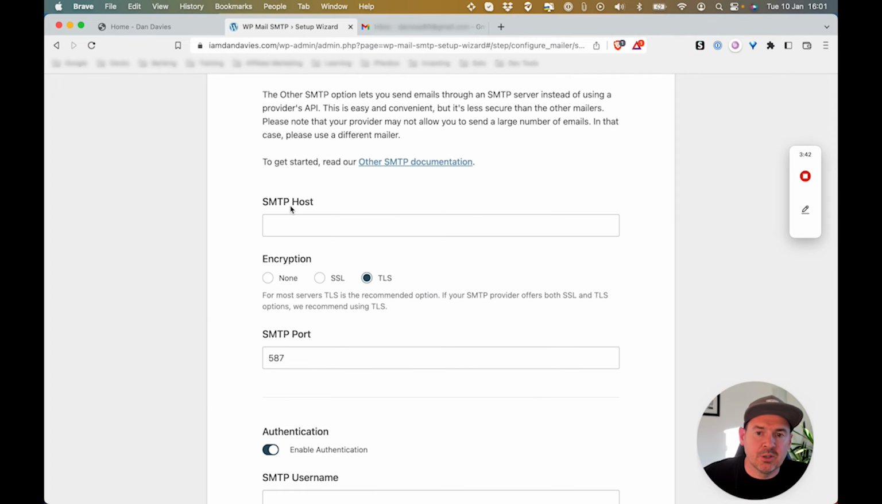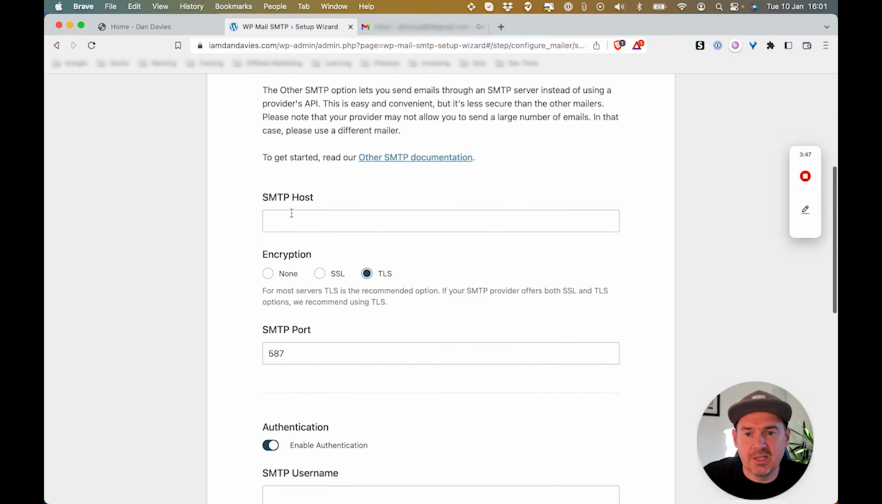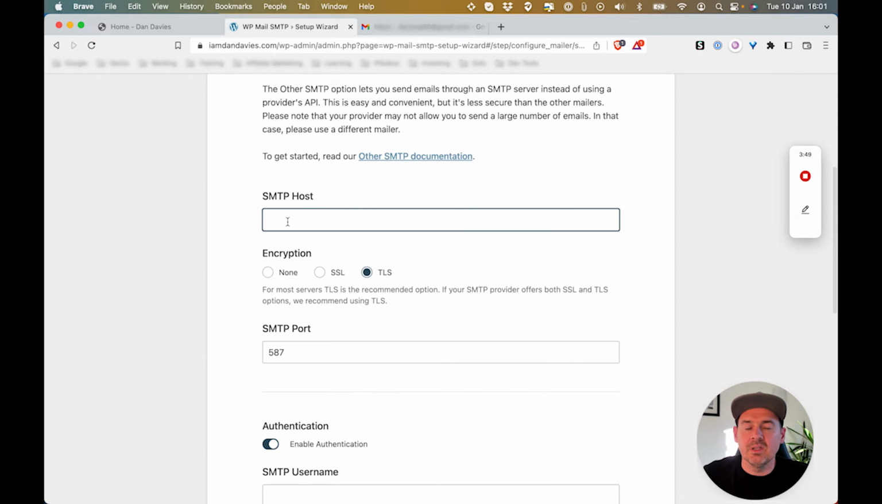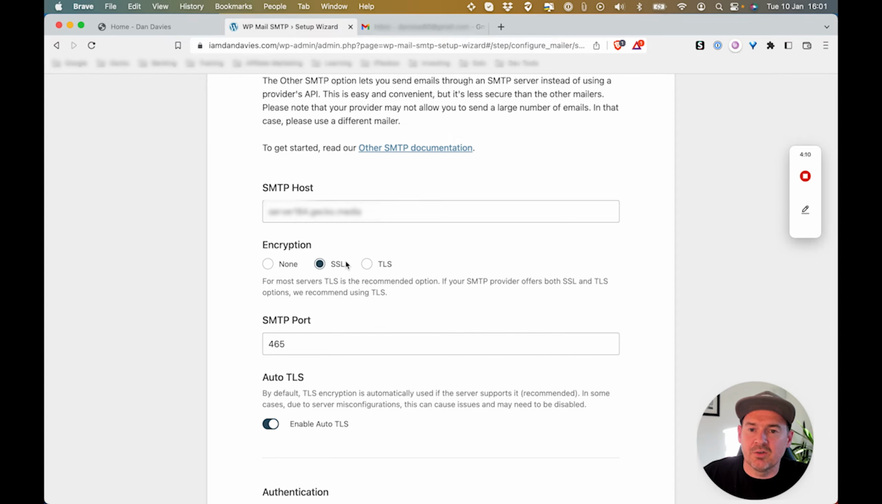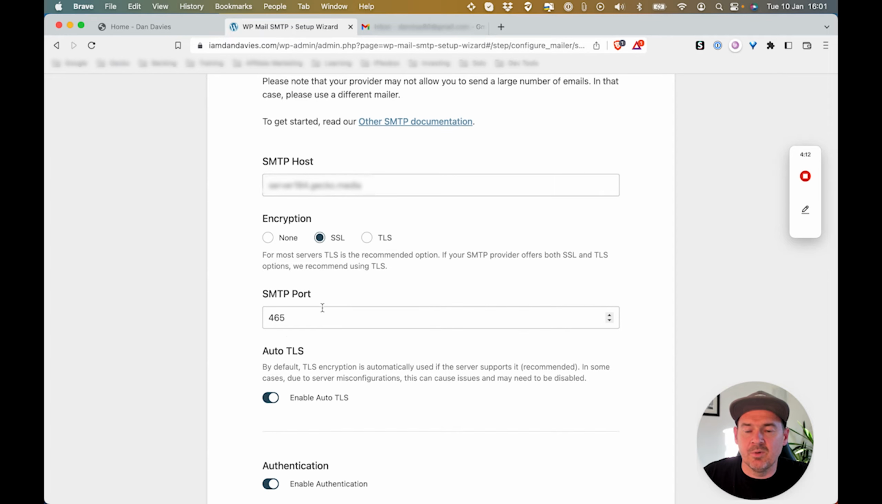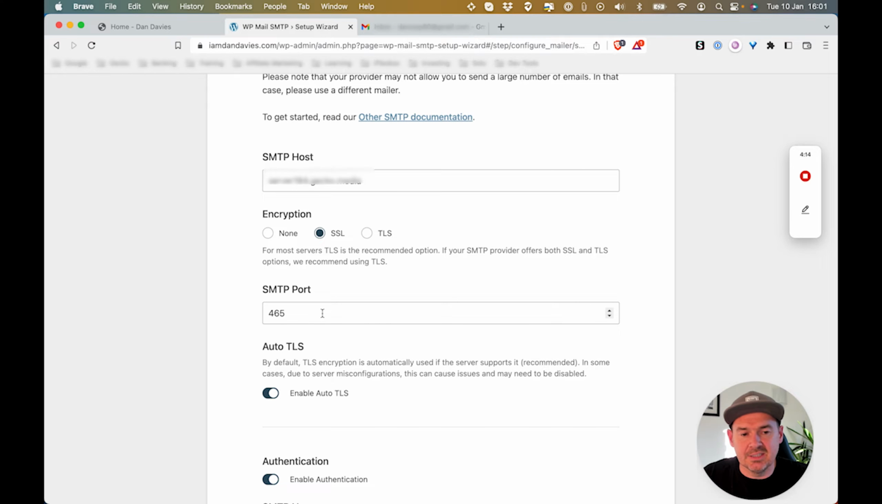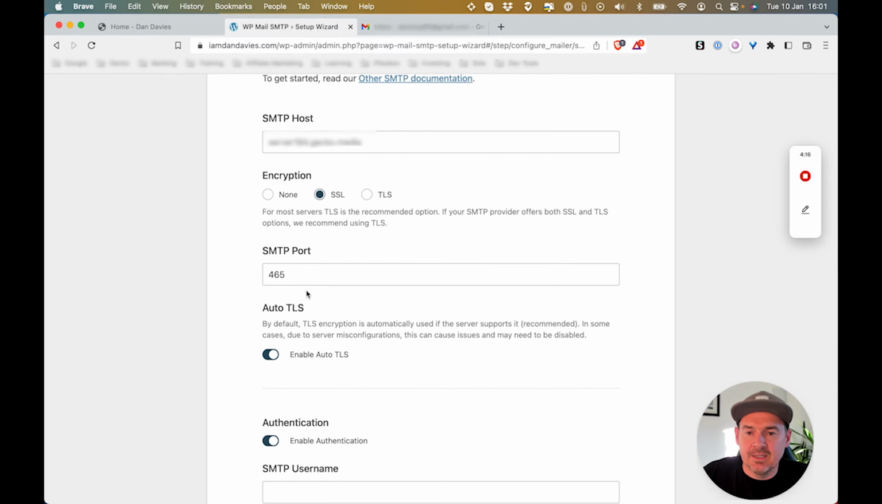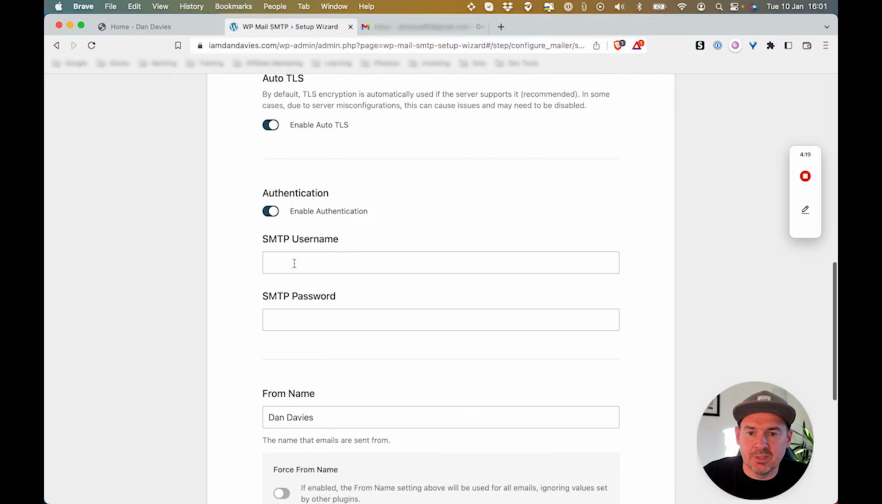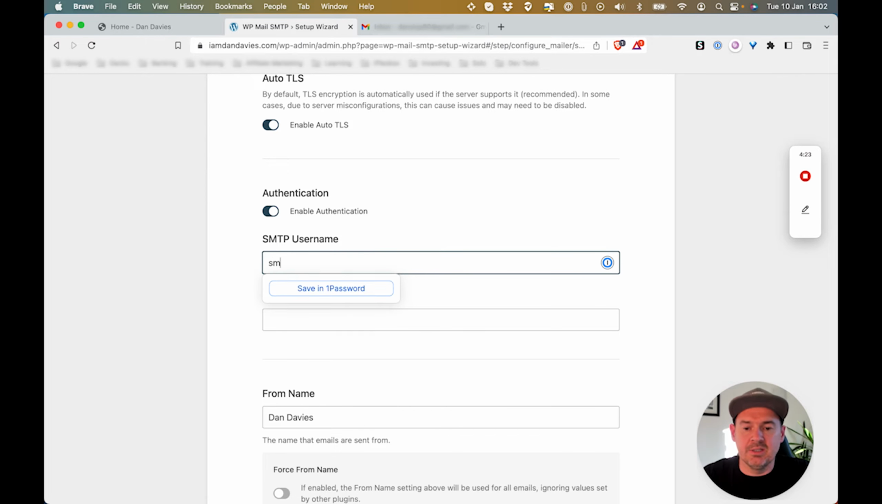And then at this point, this is where we can enter the details of the mailbox that we've created. So I'm going to cover these details up, but just to show you, I'm going to enter these in. You need to pick the correct encryption type. Obviously you need the port, so you'll get these details from your host if you don't have them already. And then you scroll down, you need to put your email and password in there